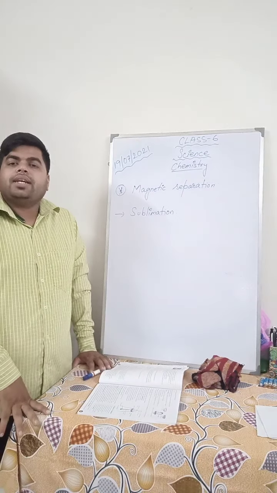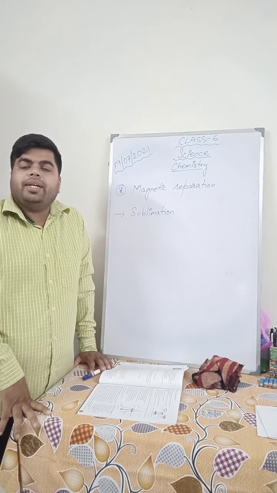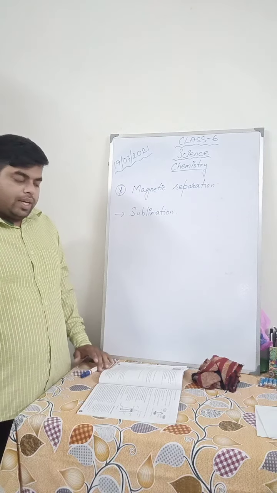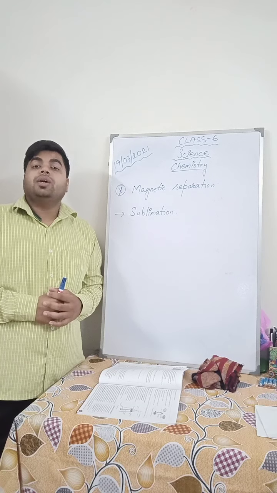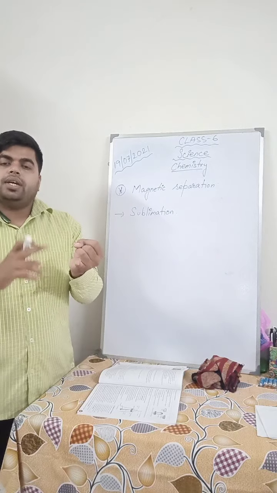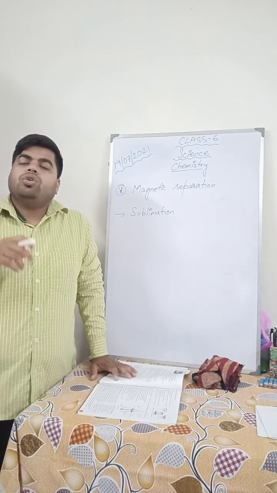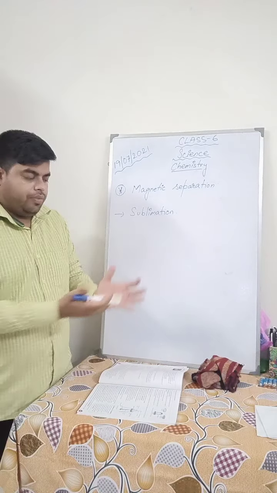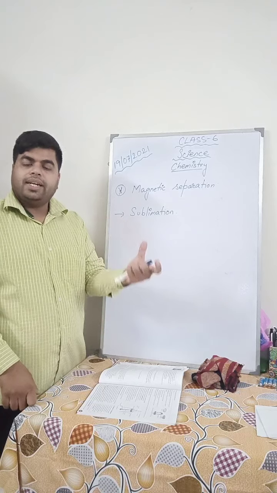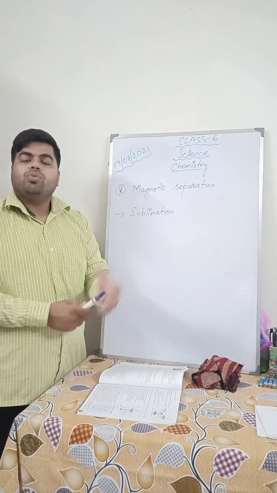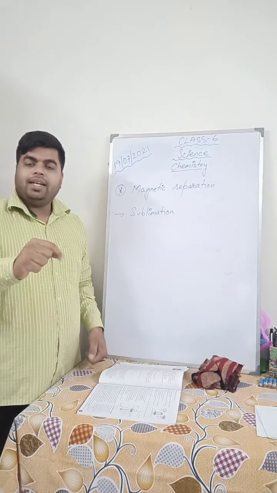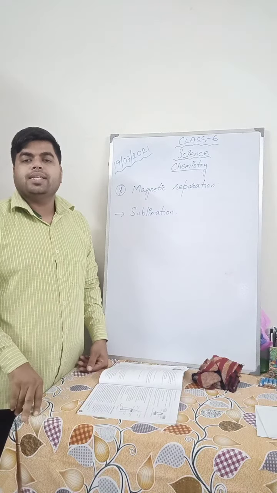Next, sedimentation and decantation. You all have studied this in the previous classes also, but let me recall so that you can remember. What is sedimentation? If you take a solution of, say, sand and water, and you let it be, keep it in a jar without shaking it, the heavier particles will settle at the bottom, leaving the water at the top. This process of settling the sediments at the bottom is known as sedimentation.